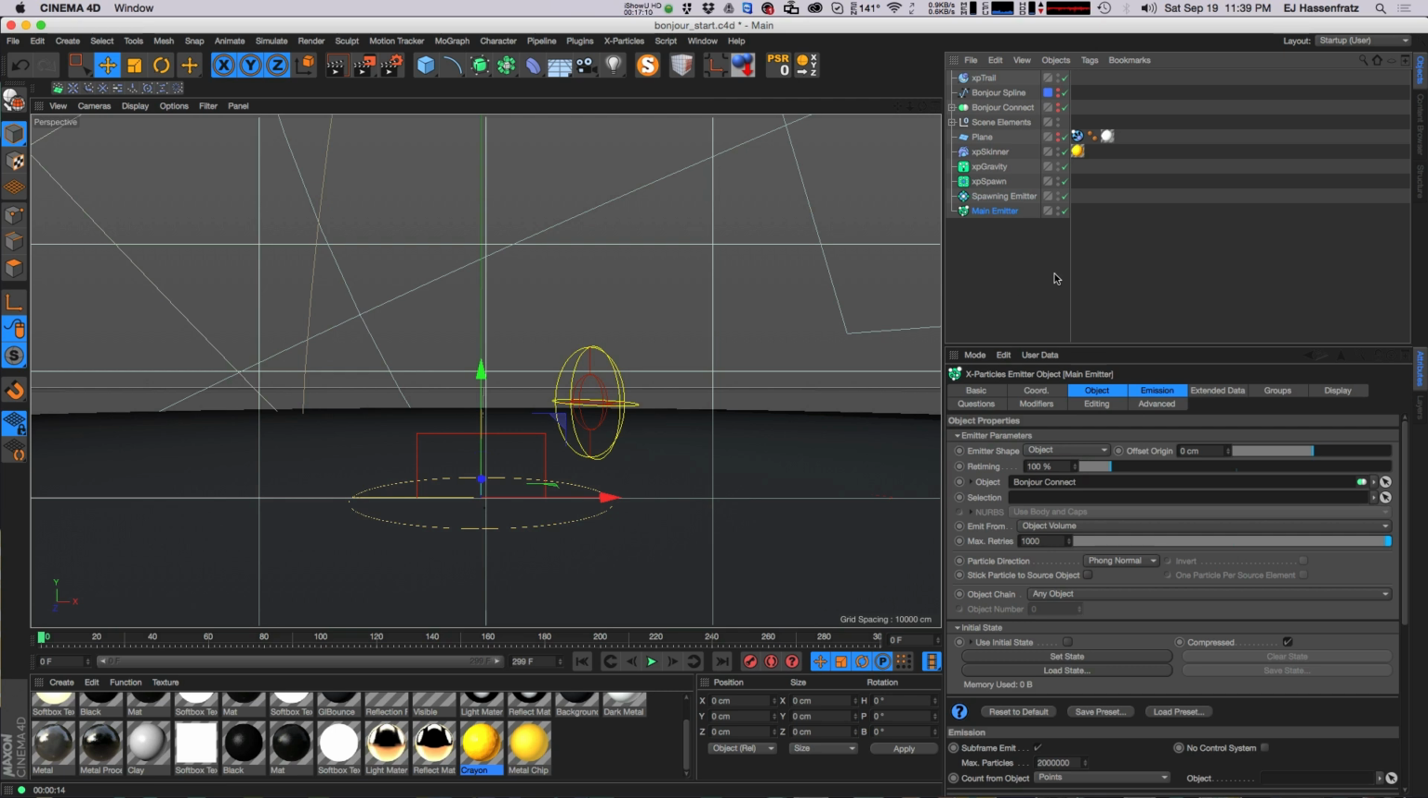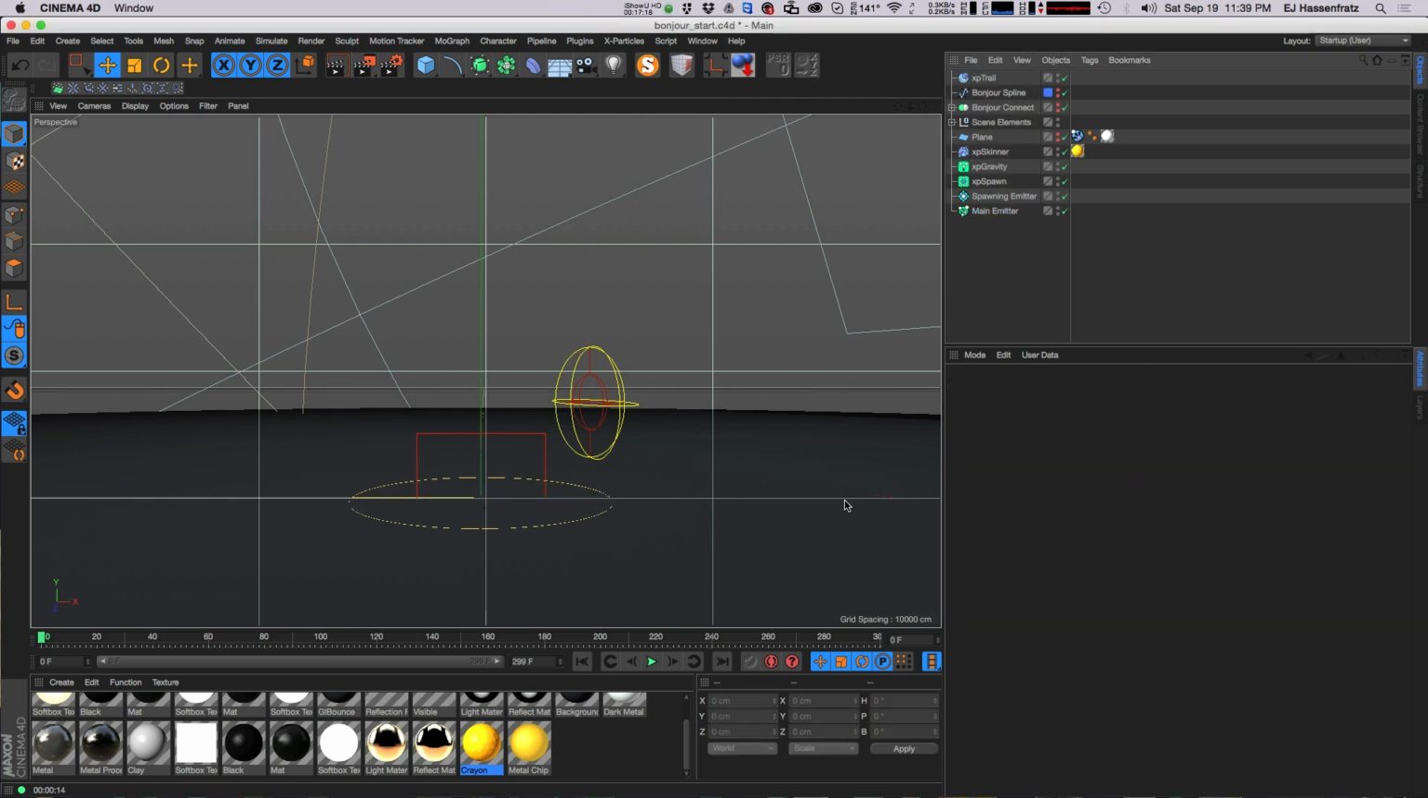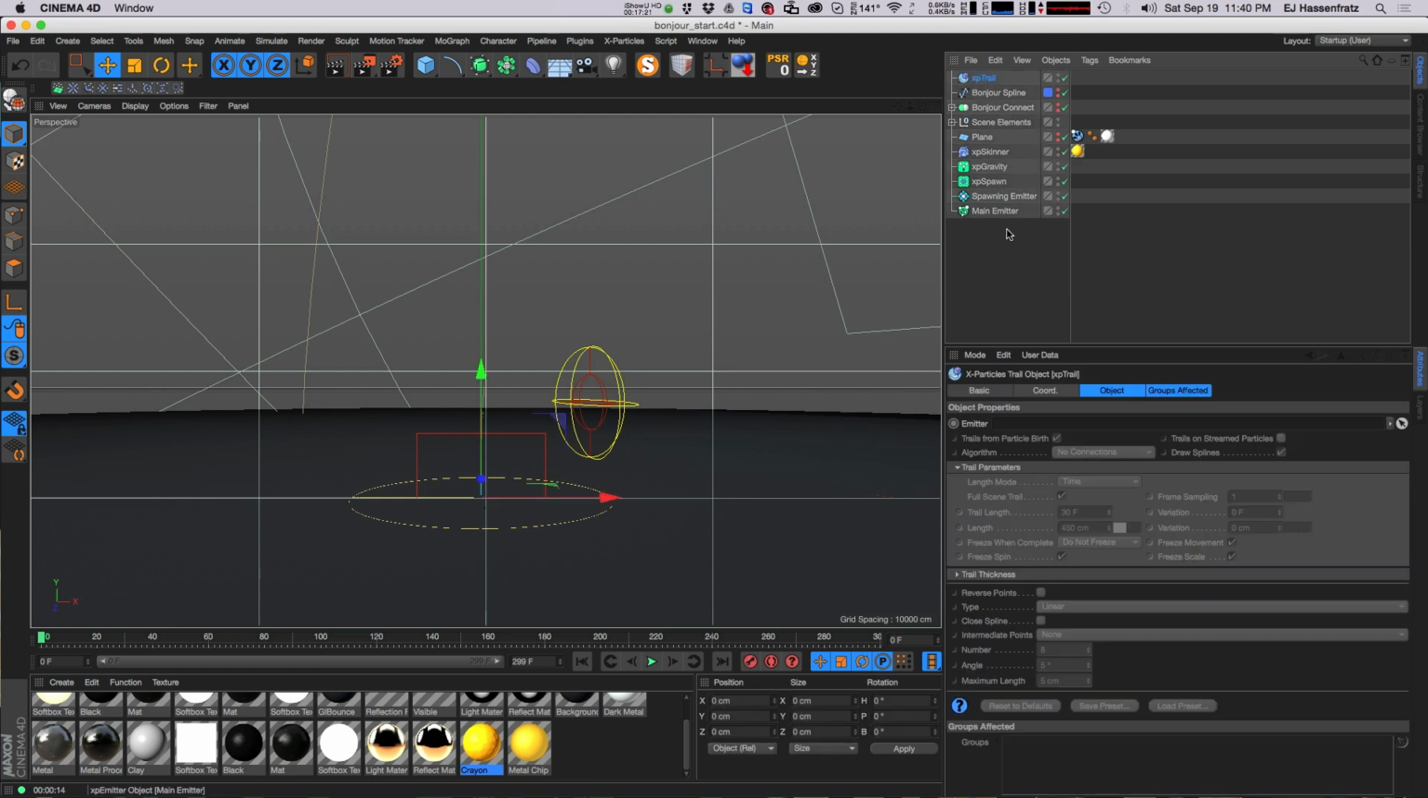So again, I need to make sure that my main emitter does not have any trail stuff going on at all. And we can go into our trail, and we need to set what emitter we want. We're going to bring the spawning emitter in there. We don't want a full scene trail. We just want a specific length of trail. So actually the default settings here of a trail length of 30 frames or 1 second works. We can get a little bit of variation in there by just setting a little bit of frame, like 5 frames,